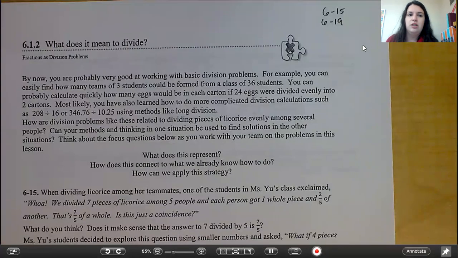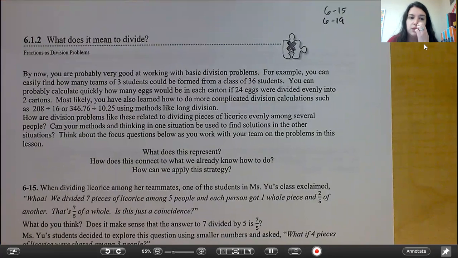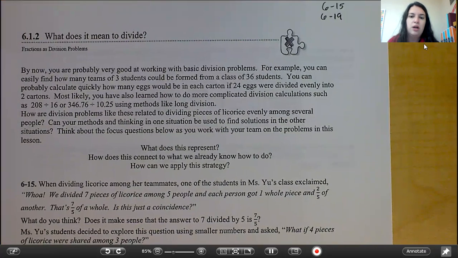Hi everyone, I'm here with your 6.12 lesson, What Does It Mean to Divide Fractions as Division Problems? By now you are probably very good at working with basic division problems. For example, you can easily find how many teams of 3 students could be formed from a class of 36 students. You can probably calculate quickly how many eggs would be in each carton if 24 eggs were divided evenly